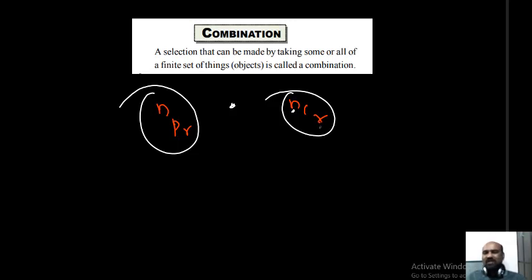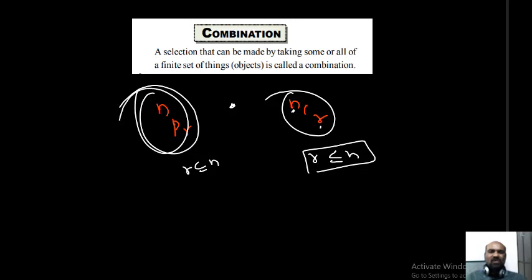So what is the meaning of that? Your r should be less than or equal to n. From n you can select 1, you can select 2, and so on, you can select n. So r is less than or equal to n. Here also r is less than or equal to n only. Okay, students, this is a countable number, this is also a countable number. nPr is a countable number, nCr also a countable number.